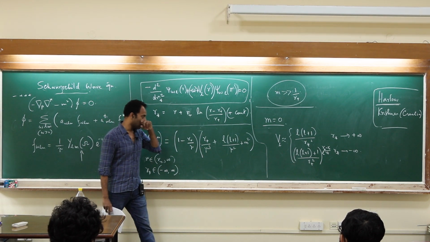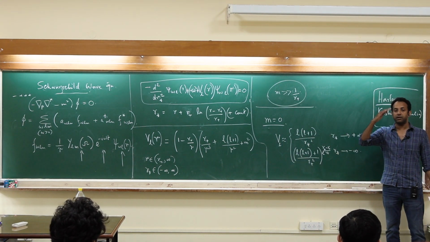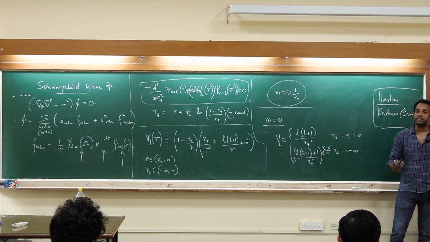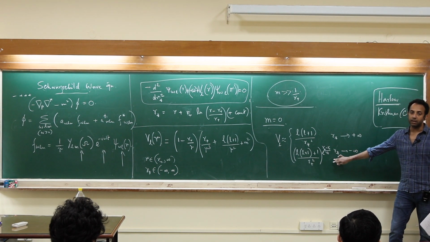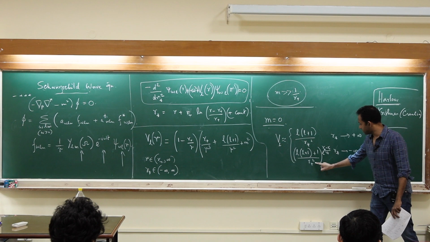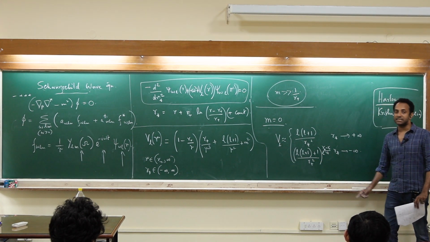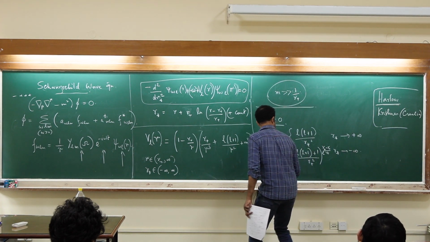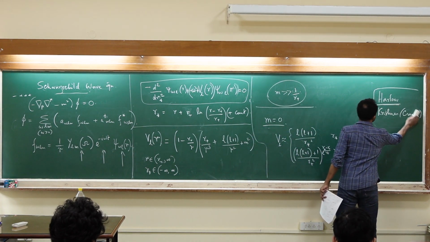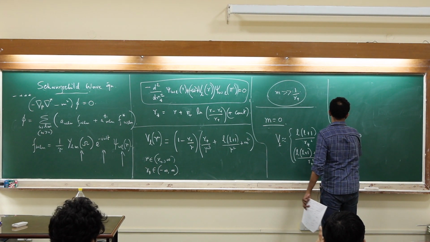At large values, this is the standard angular momentum potential drop off that you see for radial equations in flat space. So that's what this is. But this is non-trivial, and this is the property of the black hole. And this we can confirm whether it's right or not. But for m equal to 0, I claim that this is correct. The important point here is that